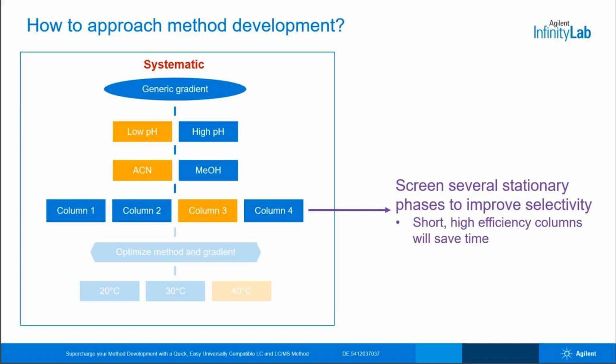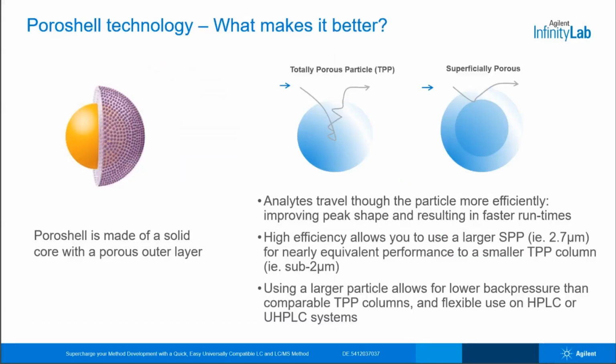Selecting 3 or 4 short high efficiency columns is a good starting point. With modern columns you can do this step fairly quickly. When I say modern columns, I mean high efficiency particles. This can mean traditional totally porous sub 2 micron particles, or it can mean superficially porous particles. Sub 2 micron particles can generate a lot of pressure and therefore aren't compatible with all LC systems. Since our goal is to make a flexible, universal, compatible method, let's focus on a superficially porous particle, like Agilent's